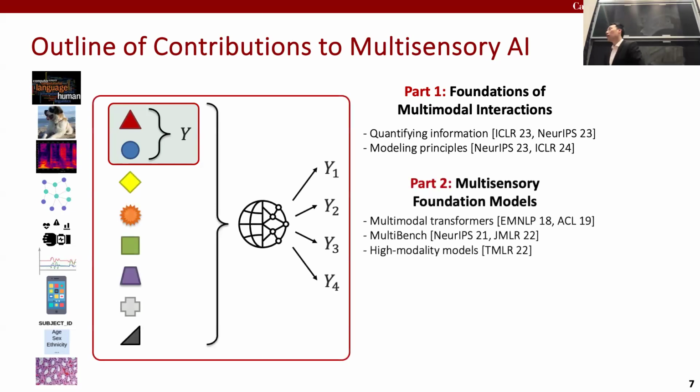In the second part of the talk, we're going to go broader. We're going to look at building systems that are able to take in many sensory modalities as input and make predictions on multiple tasks. So I call this a second generation of multisensory foundation models. We've already seen great progress in language-only foundation models that take in language and make different predictions for multiple tasks. But the future of these large language models are those that are going to be grounded in the real world. They can take in videos, sensor data, medical data, and more.